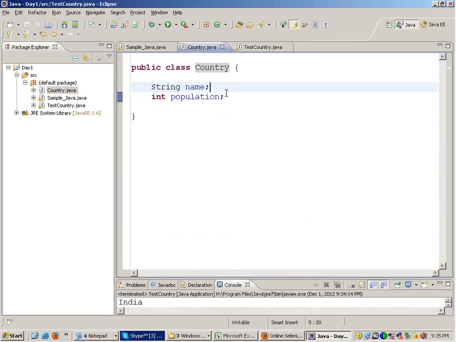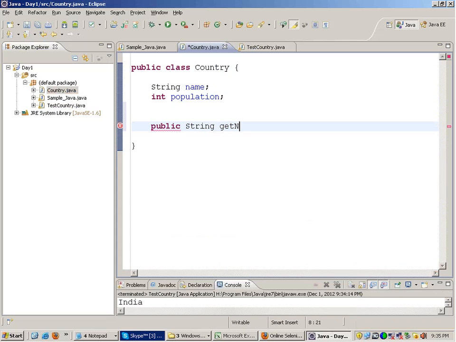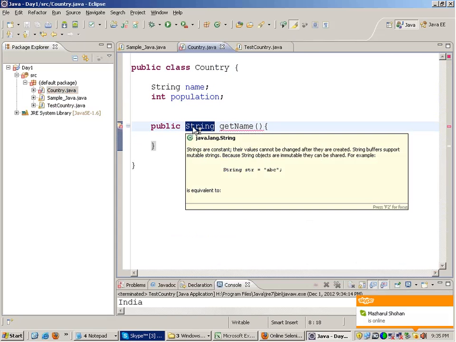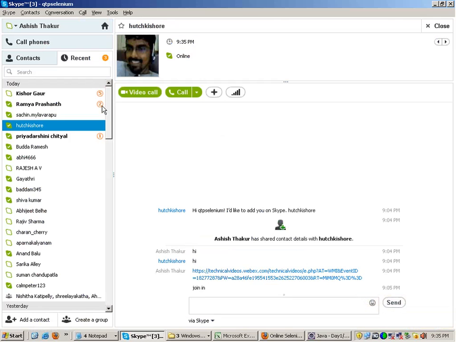Now in the country class we can also have functions. For example, I can have a function called public string getName. The return type of this function is string. That means it should return you some string.